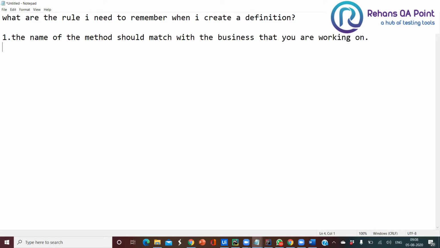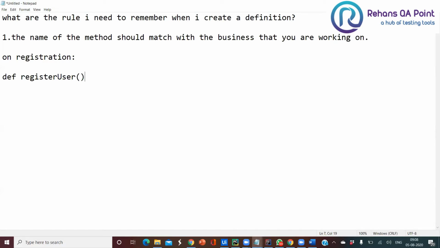working on, right? For suppose I am working on a registration process. So my definition name should look like def register_user.